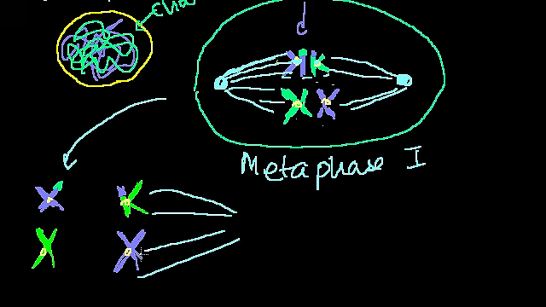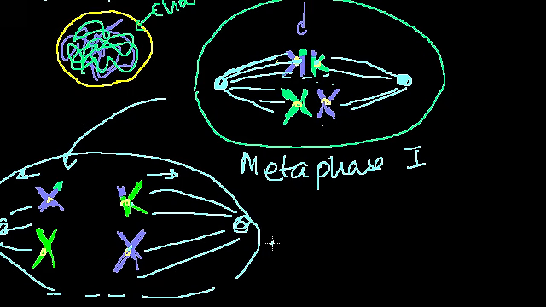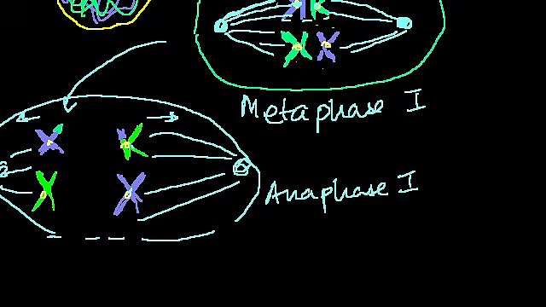So then you have your microtubules. Some are connected to these kinetochores. You have your centromeres. And of course, all of this is occurring within the cell. These are getting pulled apart. So it's analogous to anaphase in mitosis, but the key difference is you're pulling apart homologous pairs. You're not actually splitting the chromosomes into their constituent chromatids. And that's key. And if you forget that, you can review the mitosis video. So this is anaphase 1. And then as you can imagine, telophase 1 is essentially once these guys are at their respective ends